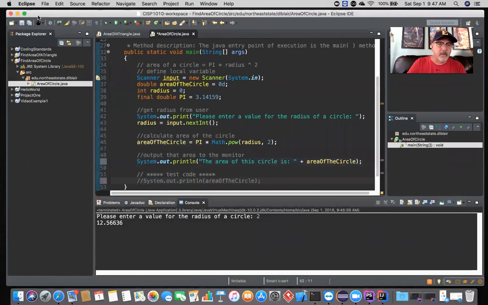All right, save that. Let's run it one more time. Put in 1, my unit circle, see what my results are. The area of this circle is 3.1415, so everything looks good. All right,